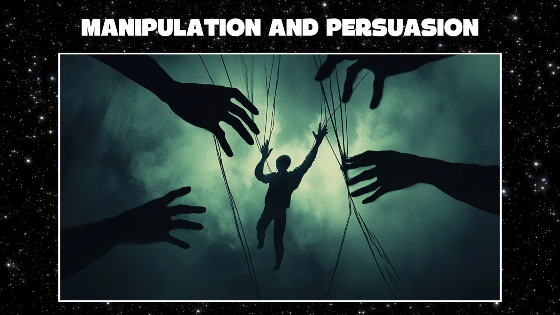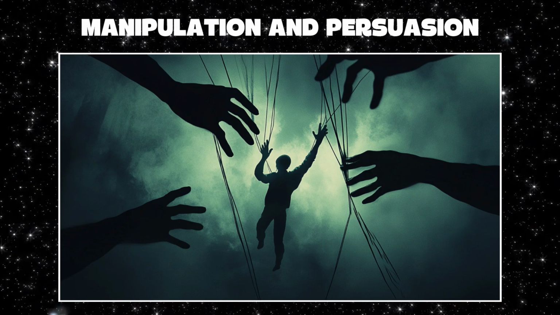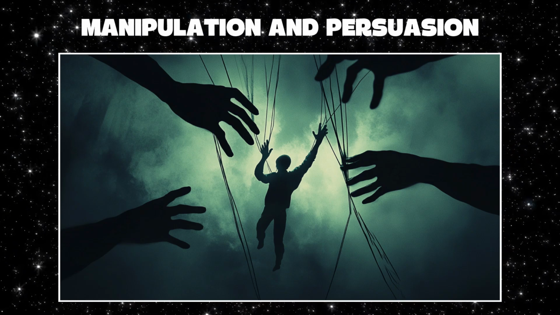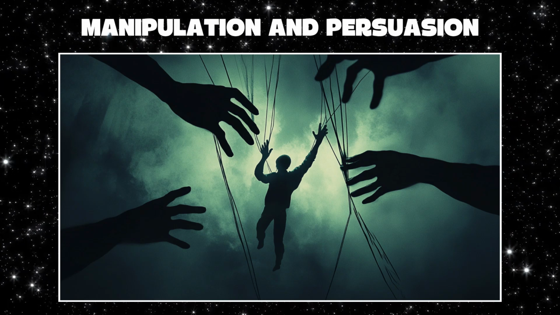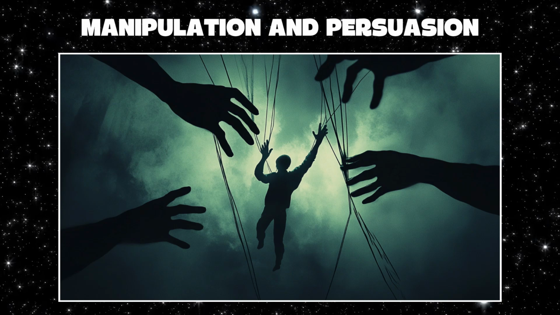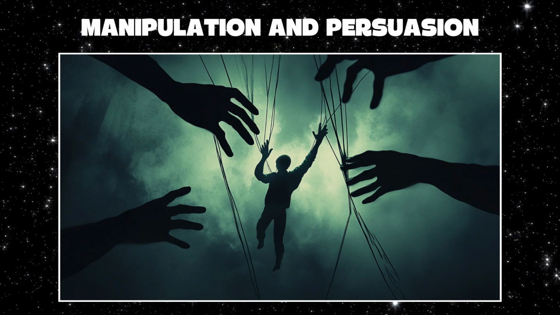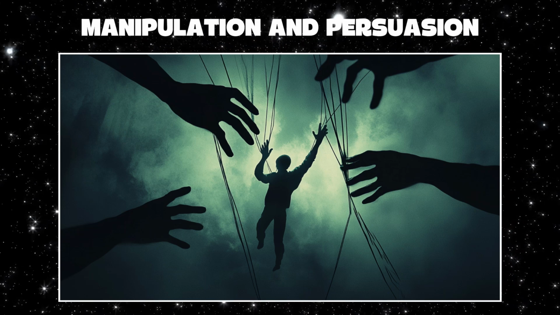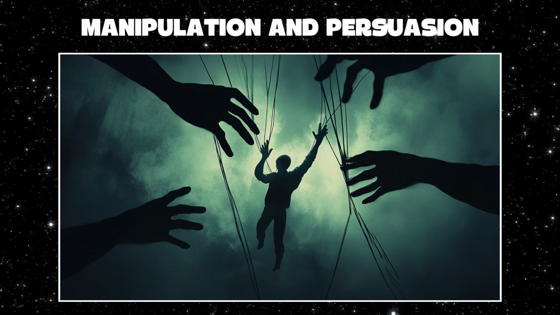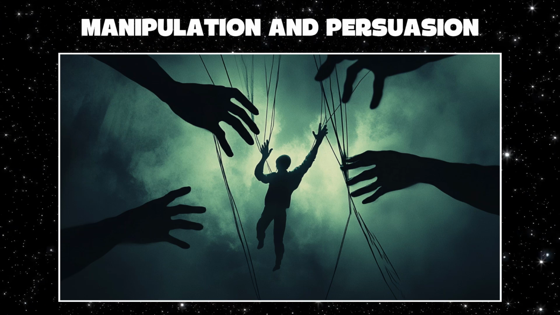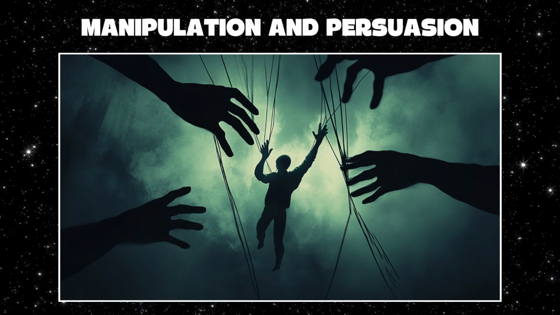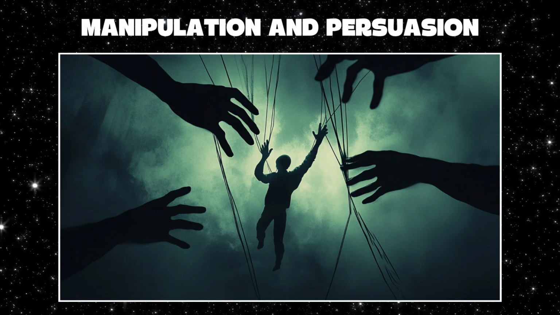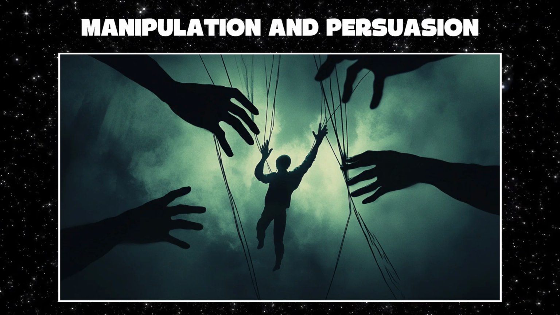Manipulation and persuasion. What distinguishes legitimate persuasion from abusive manipulation? At first glance, both involve influencing another person to adopt a certain viewpoint or behavior. However, the crucial difference lies in how this influence is exercised and how free the other person remains to make their own decision. Persuasion, in its most honest form, relies on clear arguments, verifiable evidence, and a respect for the audience's autonomy. Manipulation, on the other hand, seeks to undermine or override that autonomy, often resorting to distortion, emotional coercion,